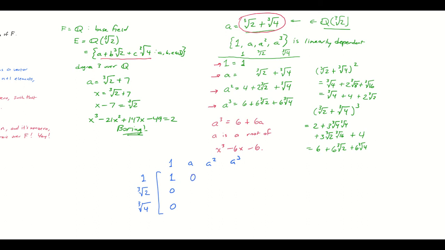A was equal to 0, 1, 1. I'm just going to put regular ones here. And then a squared was 4, 2, 1 in terms of our basis. A cubed was 6, 6, 6. That was totally unintentional, by the way. Okay, but anyway, what we're trying to do is show that this matrix has a non-trivial null space